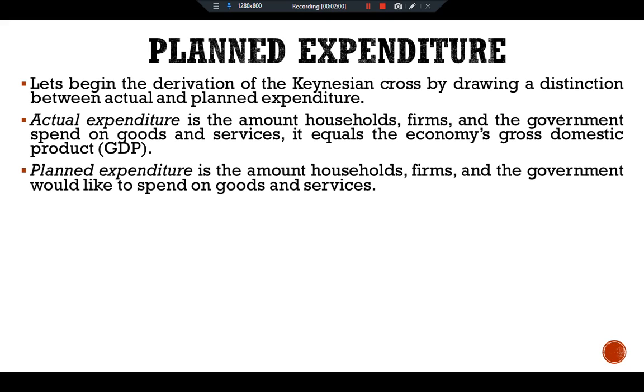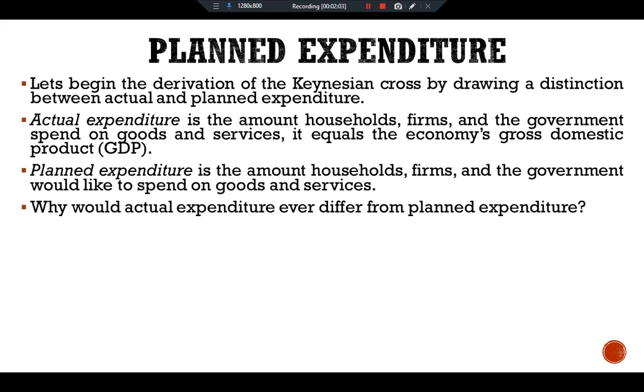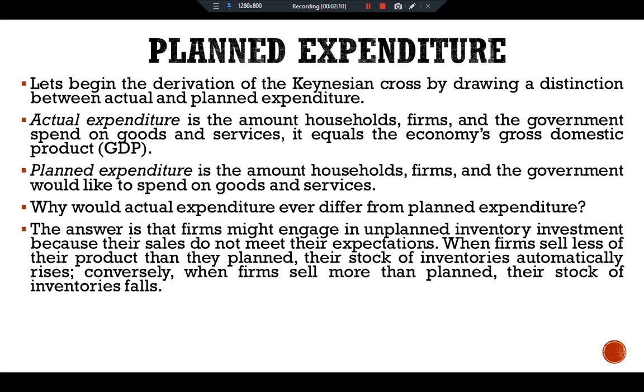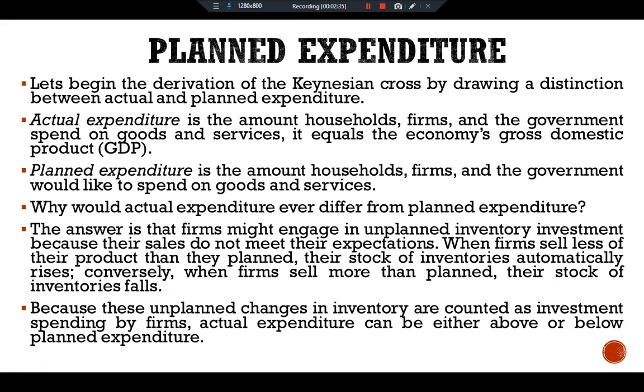So here we have one of the main questions. Why would actual expenditure ever differ from planned expenditure? The answer is that firms might engage in unplanned inventory investment because their sales do not meet their expectations. When firms sell less of their product than they planned, their stock of inventories automatically rises. Conversely, when firms sell more than planned, their stock of inventories falls. Because these unplanned changes in inventories are counted as investment spending by firms, actual expenditure can be either above or